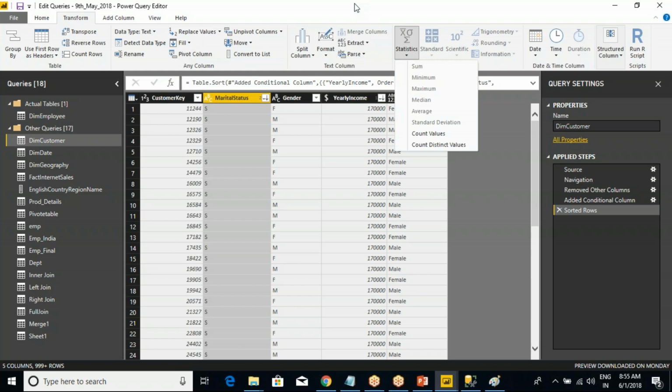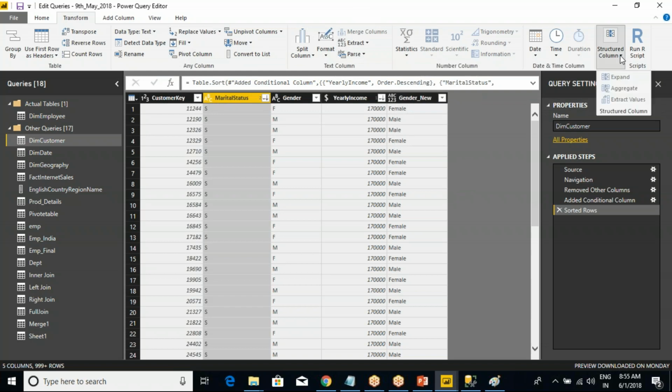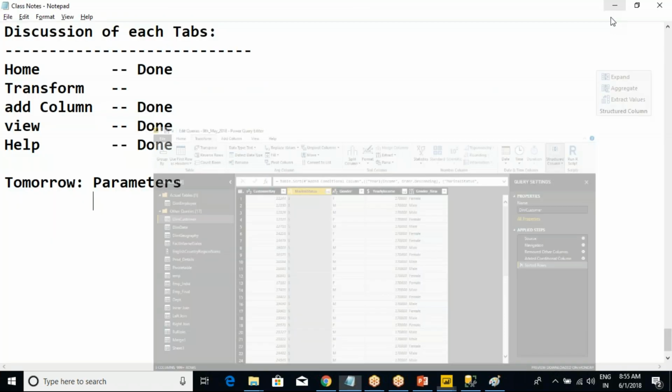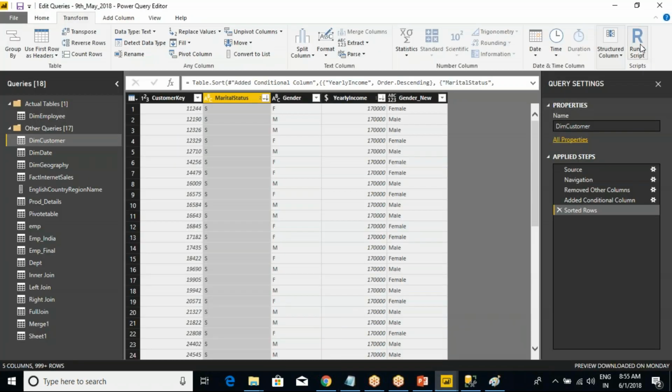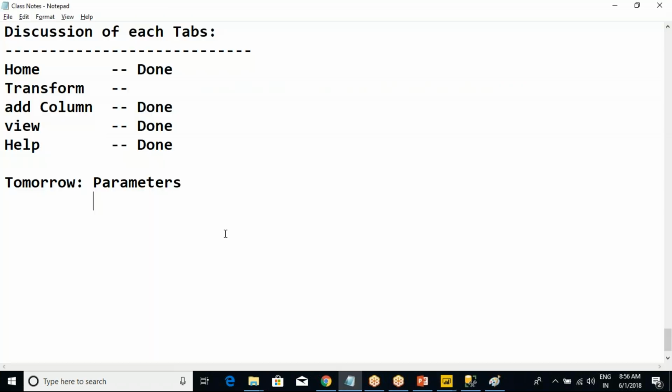Extract, parse, scientific, structured columns. R query is also available. Whoever already knows R scripting can integrate this also. So I think only one topic is pending, parameters. We will spend maybe our first 50 minutes of time, and then the next topic would be